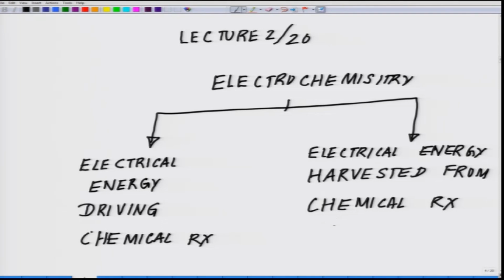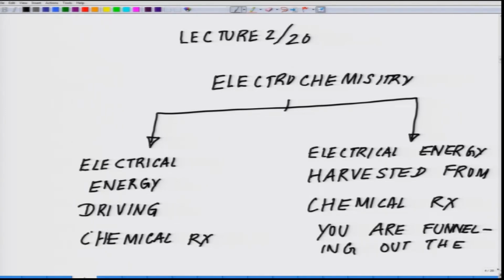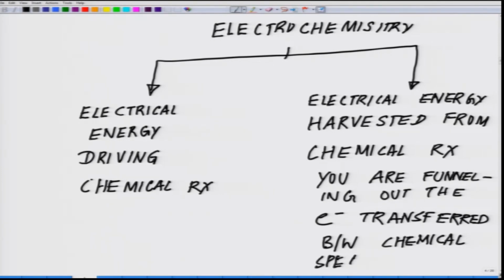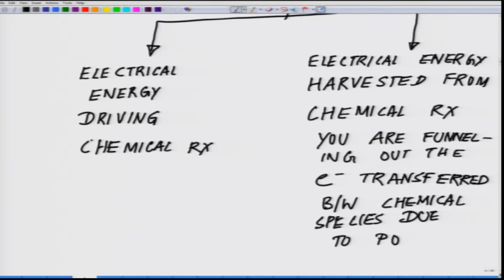In other words, you are funneling out the electron transferred between chemical species due to potential difference